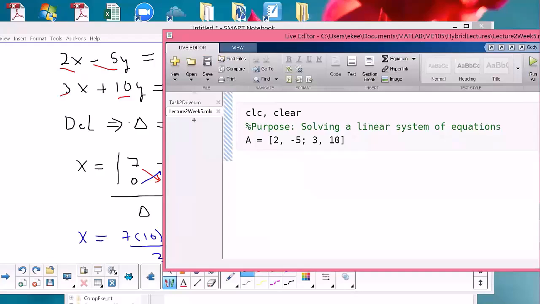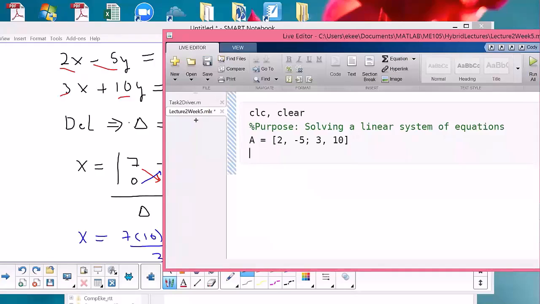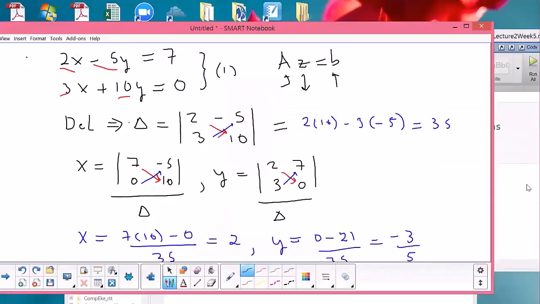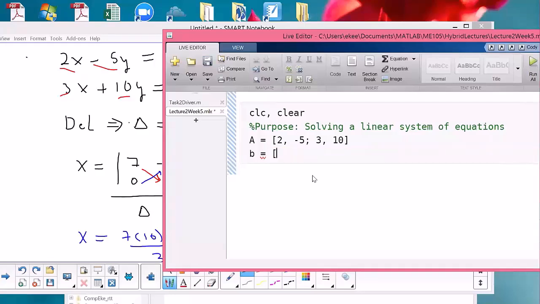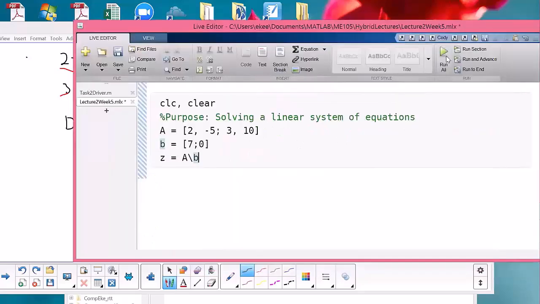Now, remember, this is my A matrix. I'm not going to suppress anything. My B vector, remember, has to be a column vector. So the right-hand side, I had a 7 and a 0. And I'm going to put here 7, semicolon, 0. And the solution, of course, if we call it Z, Z is equal to A slash B. Do not forget how the slash goes. But let's just see if this works, first of all. So if I run this section,